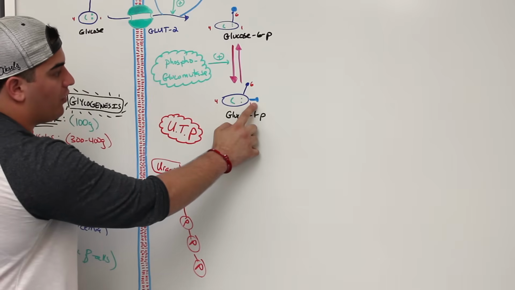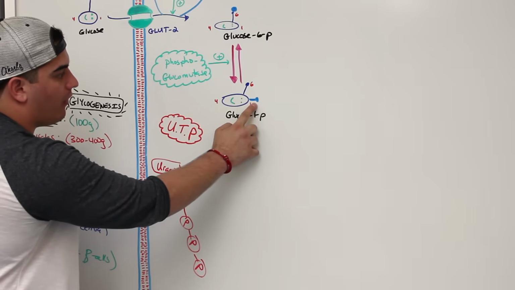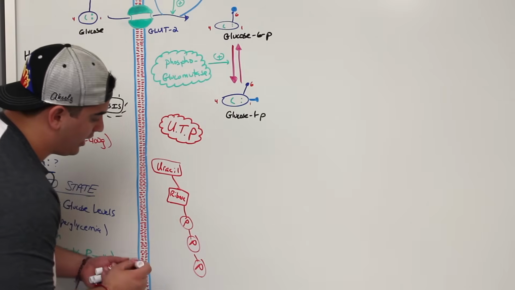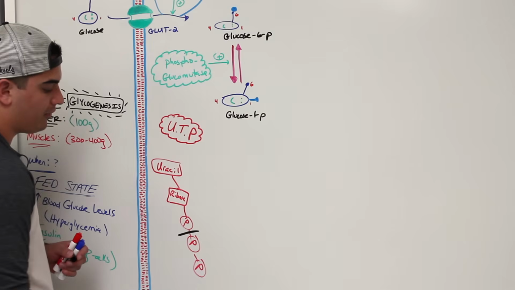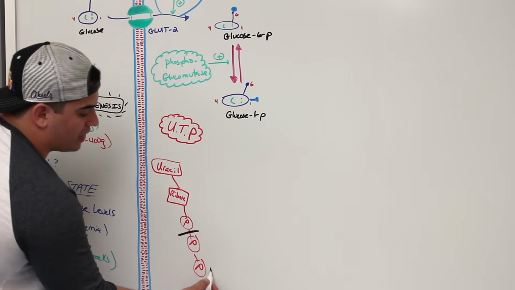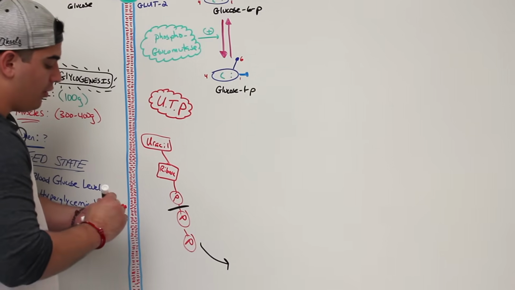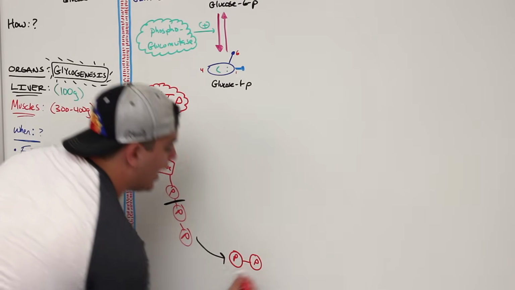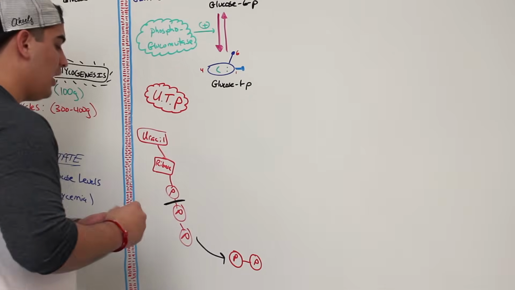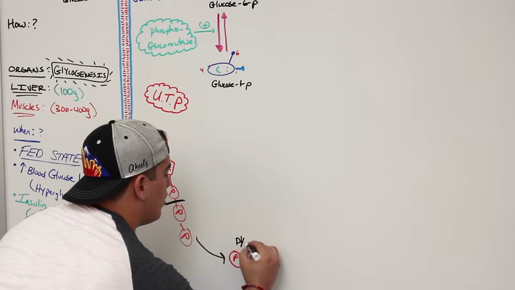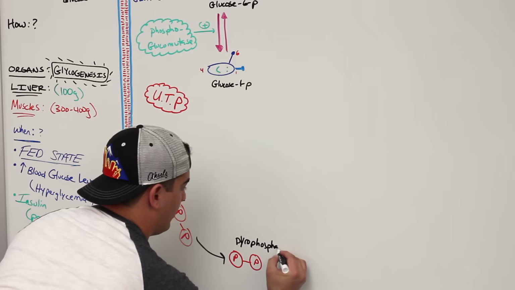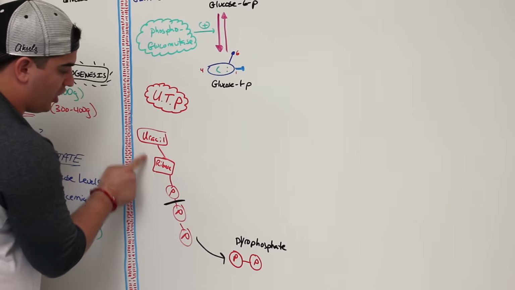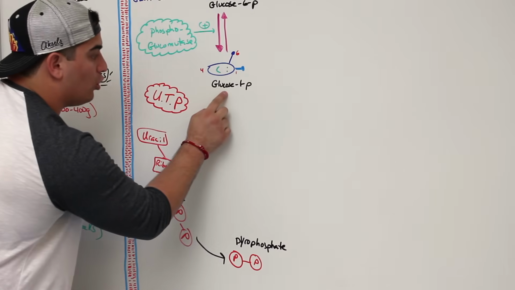And what's going to happen is this carbon, the 1 carbon with the phosphate, and this UTP, you're going to break this bond right here. So look, I'm going to break this bond. This bond is going to be broken. And what do I get out of this reaction? What am I going to lose as a process of this reaction? I'm going to lose 2 phosphates. These 2 phosphates that I lose, that are bound together, have a special name. This special name is called pyrophosphate. Okay, then I have the uracil and the ribose, so the uridine monophosphate is going to combine with the glucose